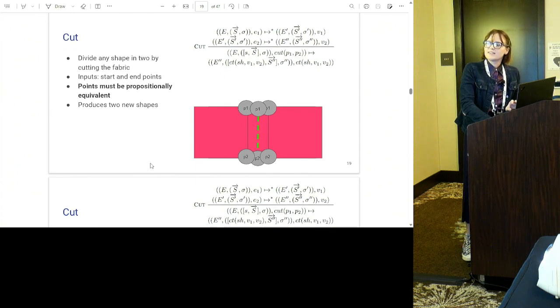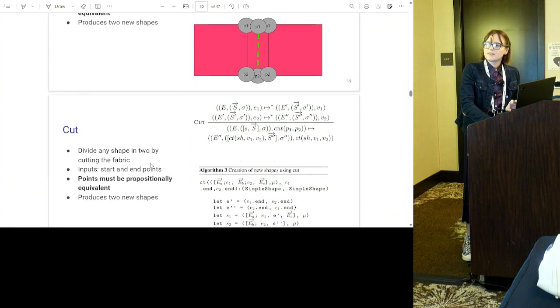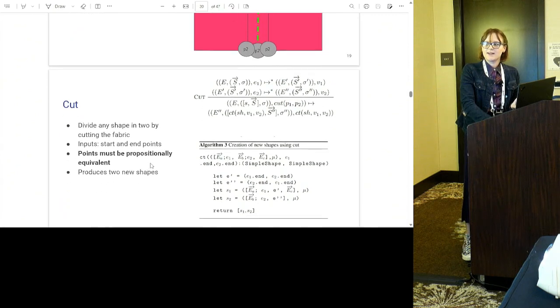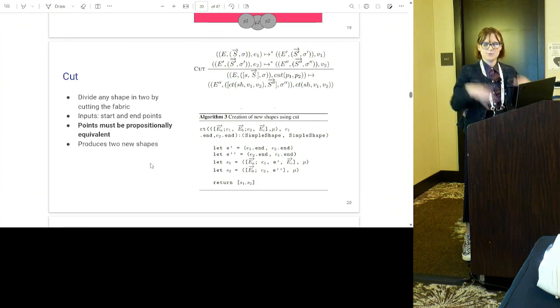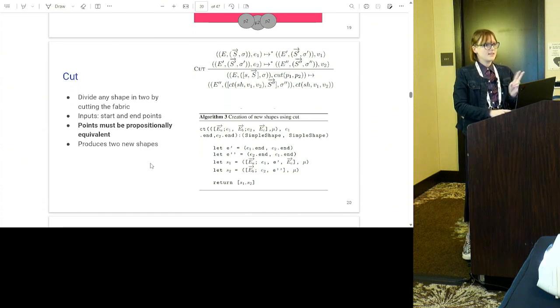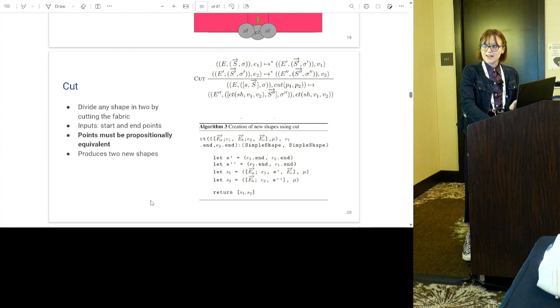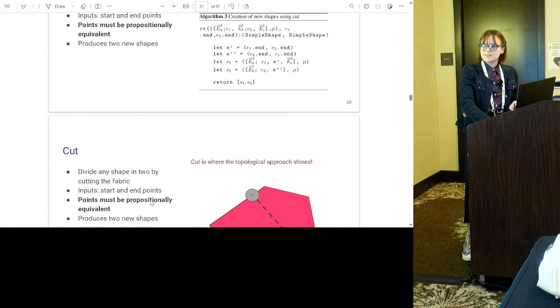And the cut is really where this topological approach shines, because when you think about cutting through empty space and avoiding it, when you have a geometric approach, then you have to worry a lot about those non-convex shapes and where you have empty space in the middle, like if you have empty space in the center of a piece of fabric and stuff like that. So for example, this might not show up as well,